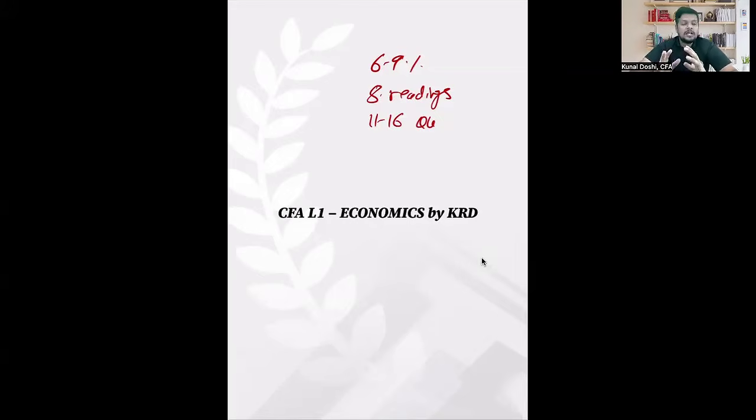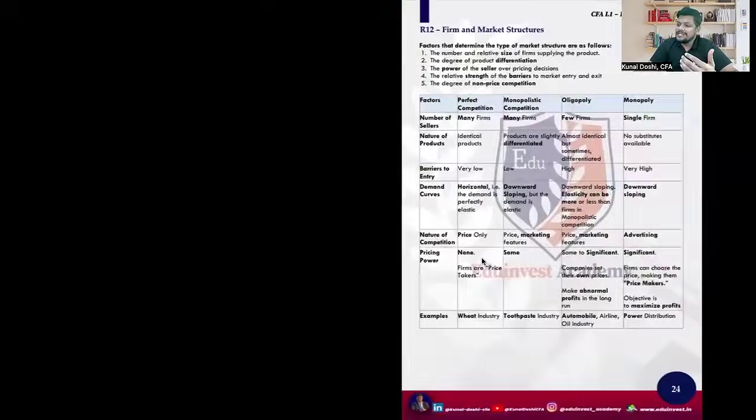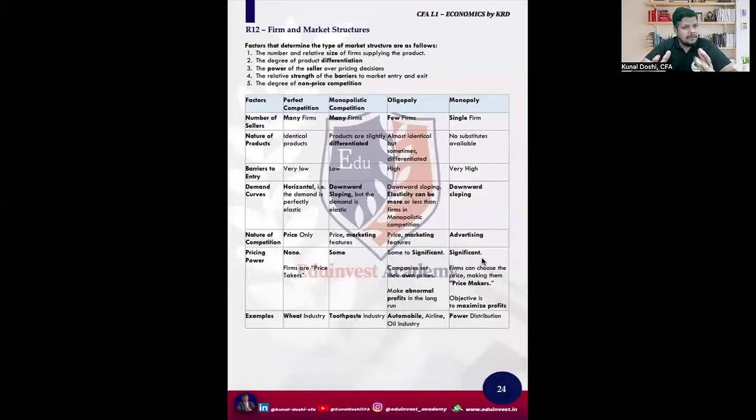Now, the first topic, which is basically related to the firm and market structure, is actually microeconomics part. Microeconomics talks about the individual business or consumer, and macroeconomics talks about the national economy, the national output, right? So it talks about the whole economy, in layman's language. So first we'll discuss firm and market structure, very lengthy.